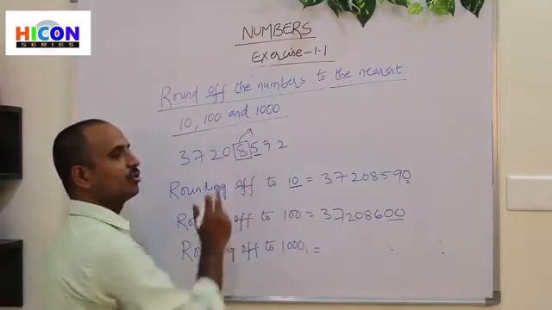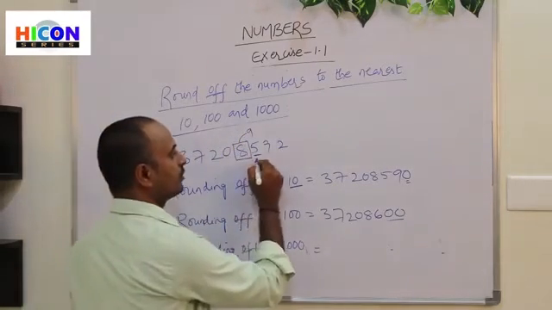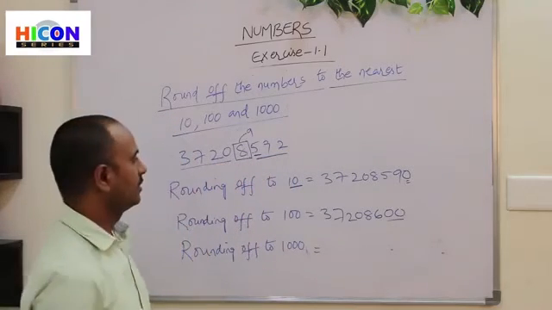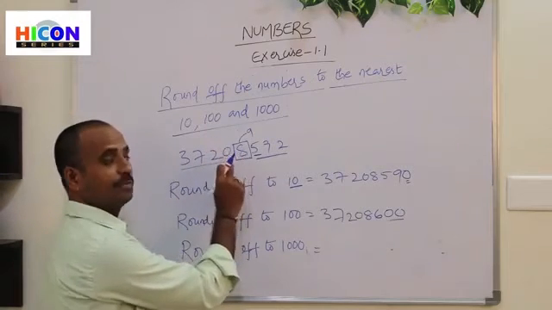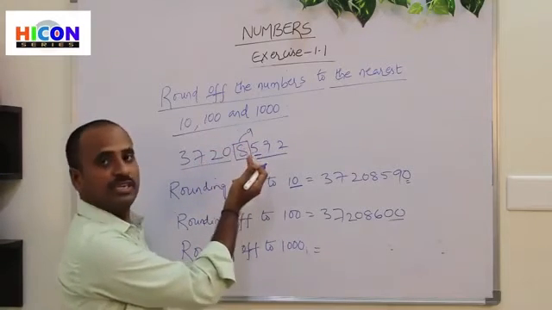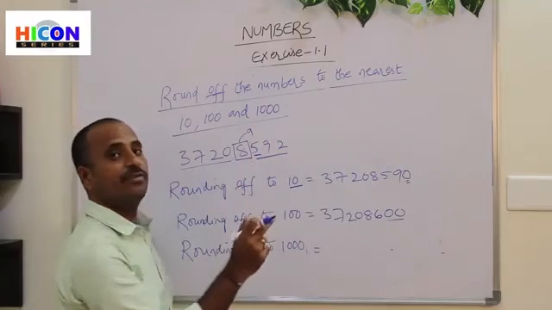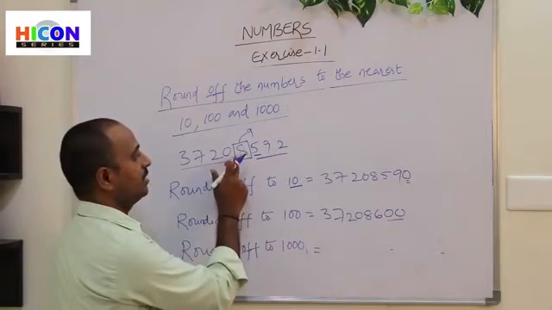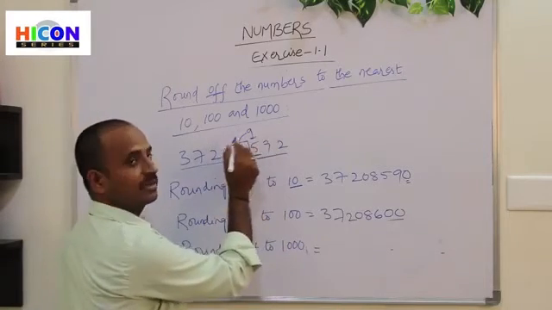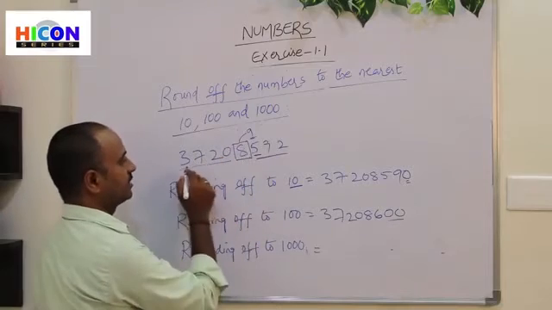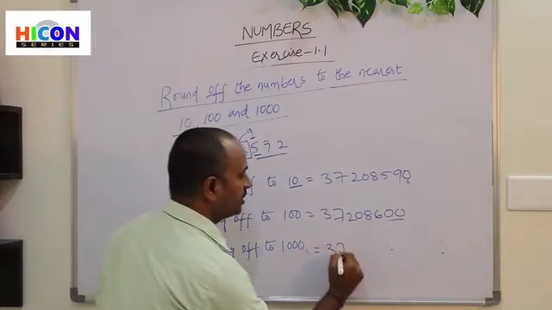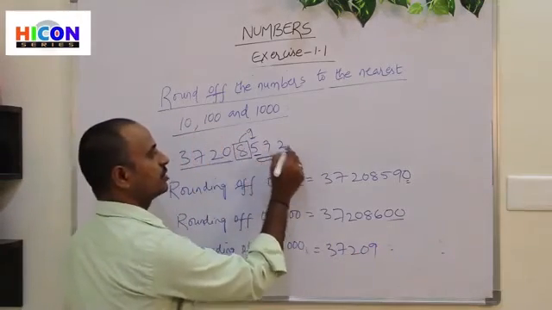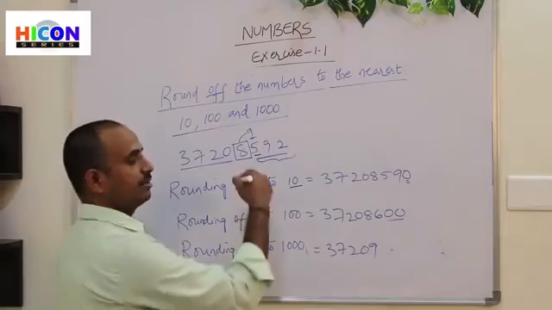So write 9 in the thousands place and put zeros for the remaining 3 digits, and the digits before should not be changed. The number is rounded off to the next thousands because the next digit is 5 or greater than 5. There are 8 thousands, the next thousands becomes 9. So write 9 in the thousands place, and put zeros for the remaining digits present on its right side.